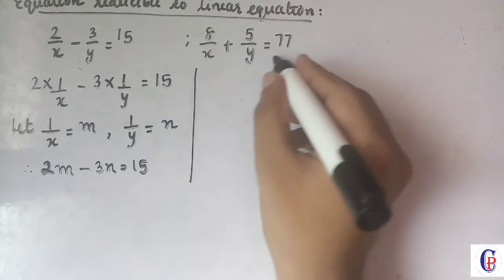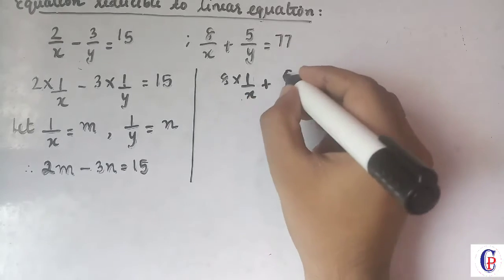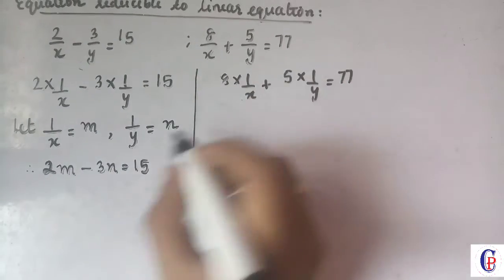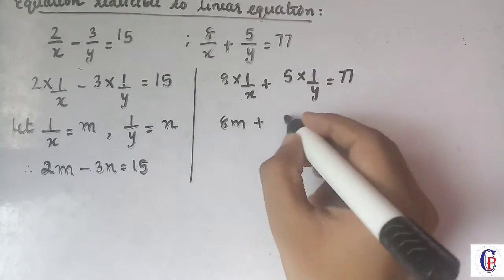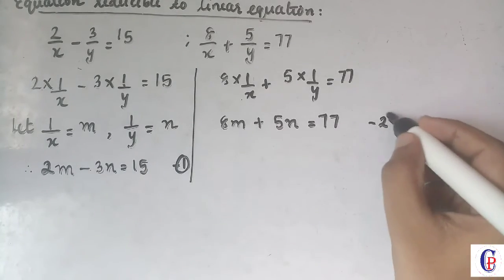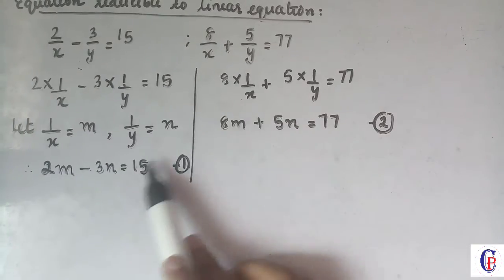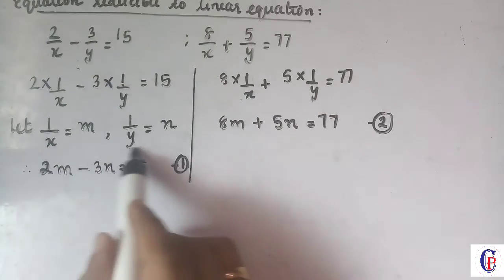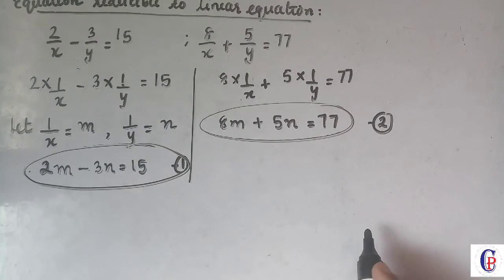Same thing here: 8 upon x can be written as 8 into 1 upon x plus 5 into 1 upon y equals 77. Again 1 upon x is m, so we get 8m plus 5n is equal to 77. This is our second equation. Now I hope you know how to solve these two equations, the first equation and the second equation,